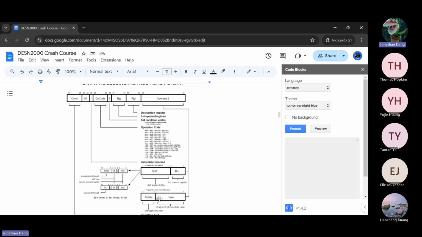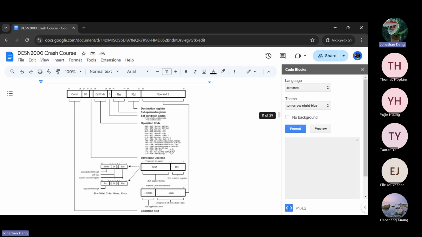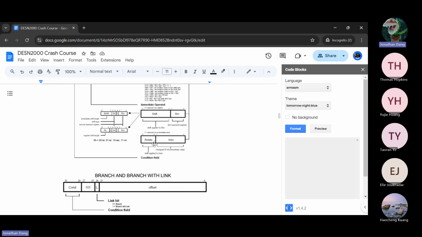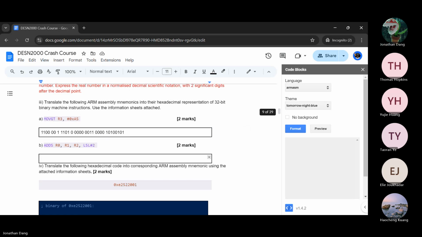Rotate. 11, 8, 7. Oh, actually, because this is small enough to fit, we don't actually have to do all of that. We could probably just do a rotation of 0, 1, 2, 3, 4, and then chuck in A5 at the end, which is 1, 0, 1, 0, 0, 1, 0, 1. And that would be our answer here. And as a hexadecimal, this should equal